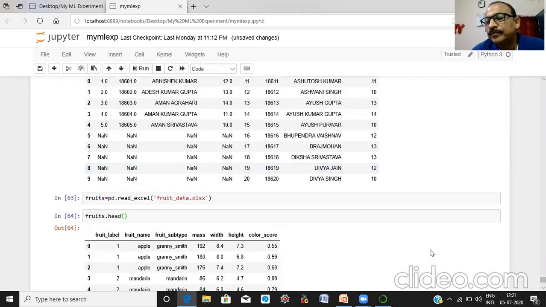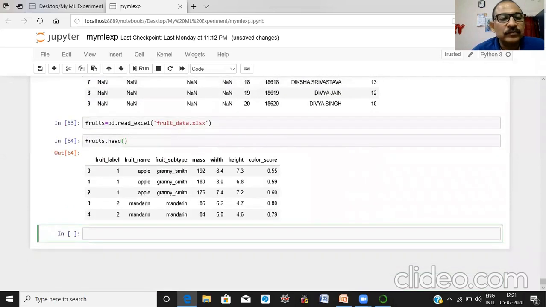Suppose we want to know the number of instances of each type of fruit.